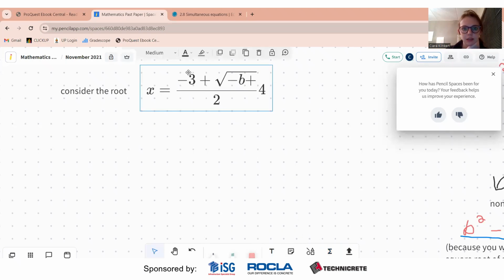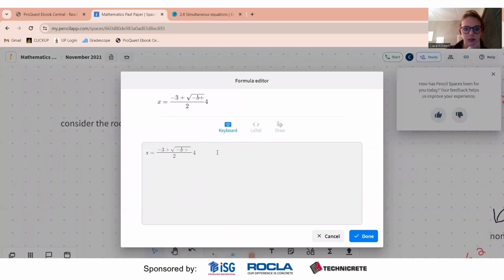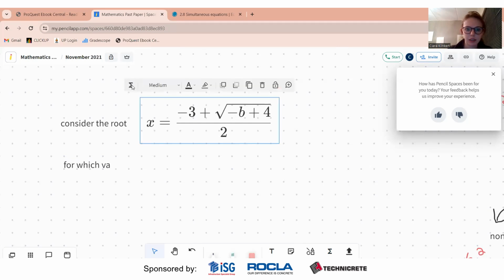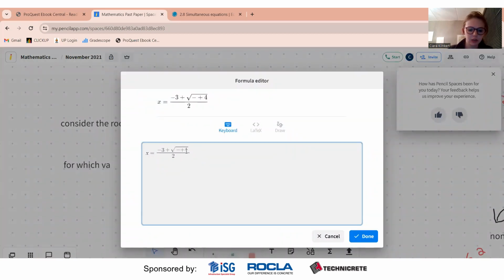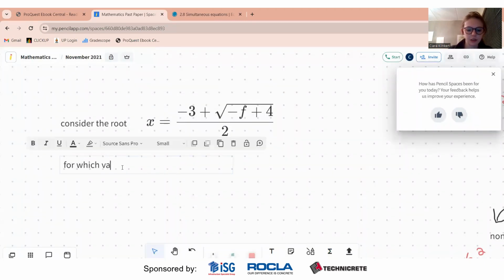Let me quickly edit it. Okay, no, this 4 needs to be under my root. Okay, consider the root. Let me actually rather not use b either. I'm going to change this to f. Okay, for which value of f will this root be